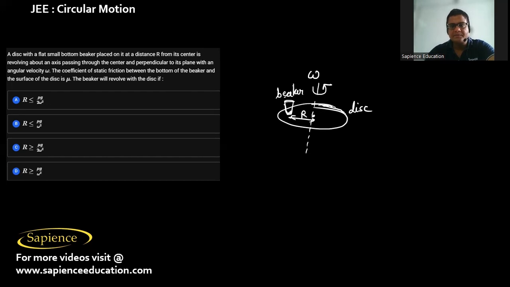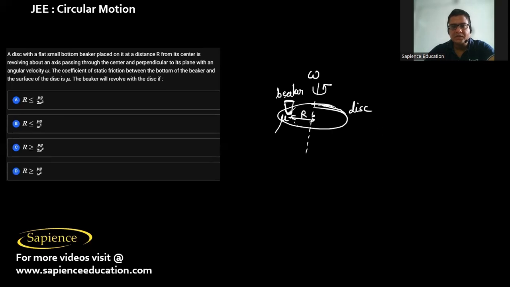The beaker is kept at a distance r from its center, and the coefficient of static friction between the bottom of the beaker and the surface of the disk is mu. So here the coefficient of friction is mu. The beaker will revolve with the disk if